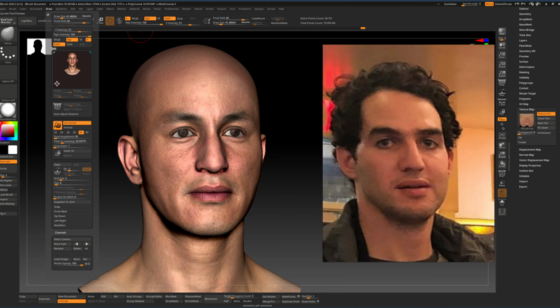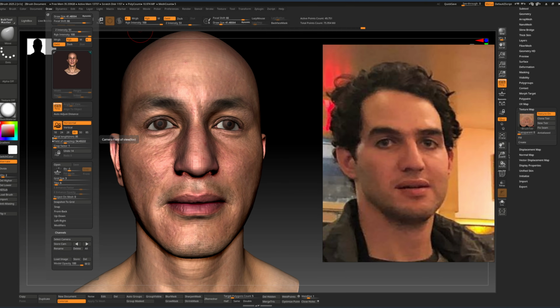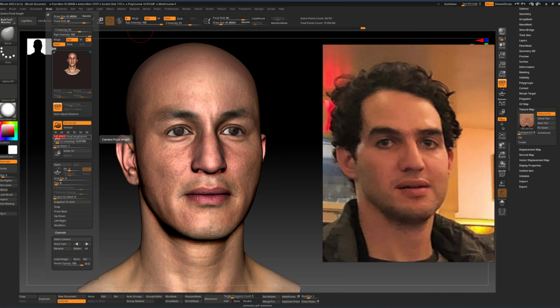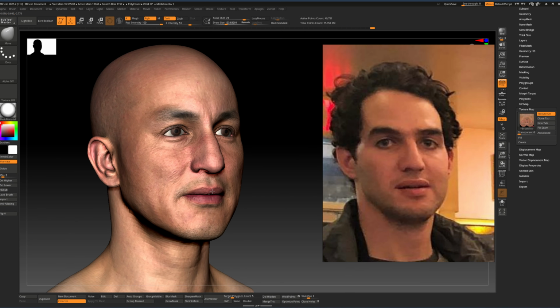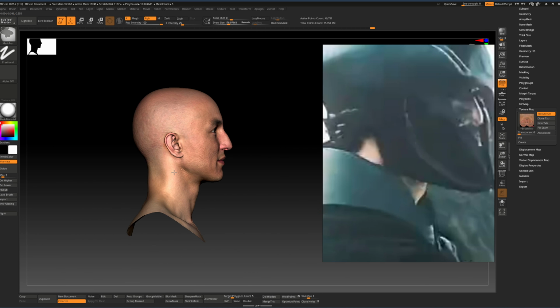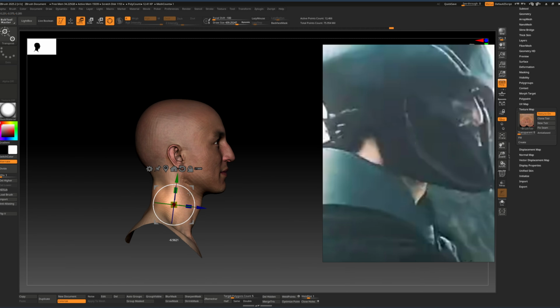In the draw menu, you can also pay attention to the focal length of your scene, and you can constantly change it according to the references. Because as you all know, I hope, our face really changes depending on the lens with which we got the photo. For example, a wide lens, 20 or 35 millimeters, really